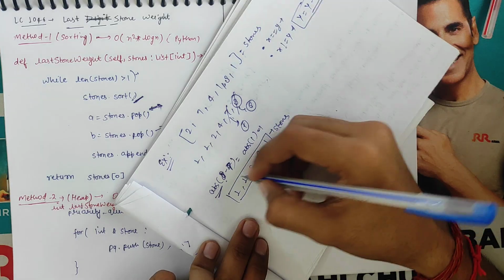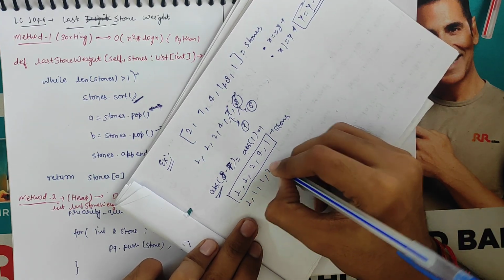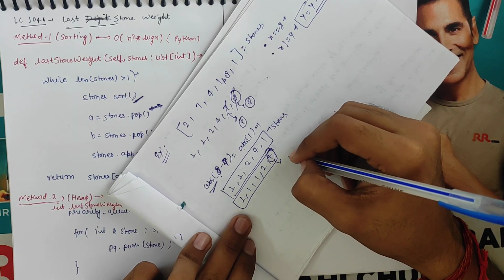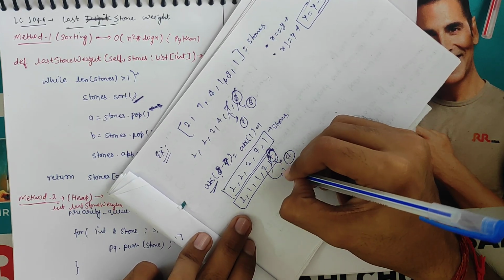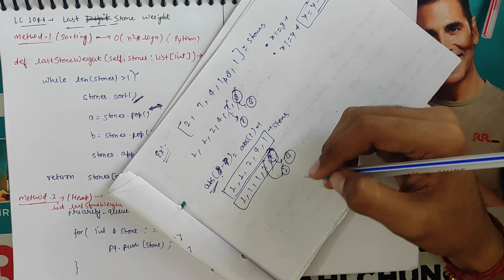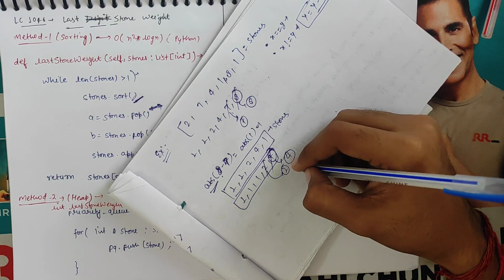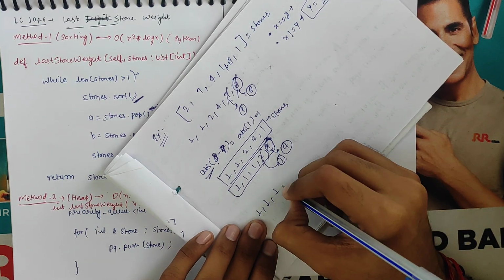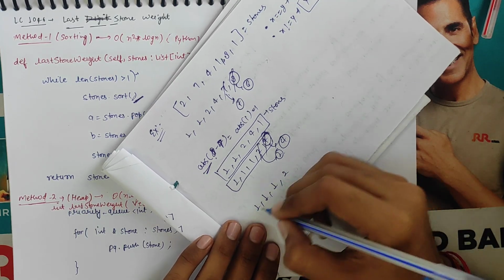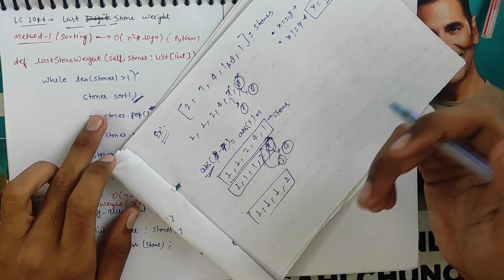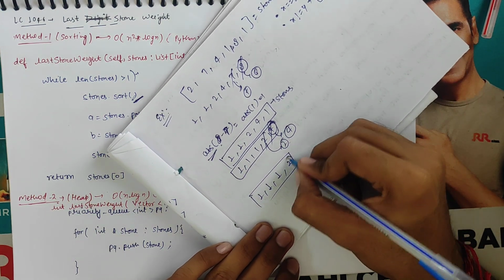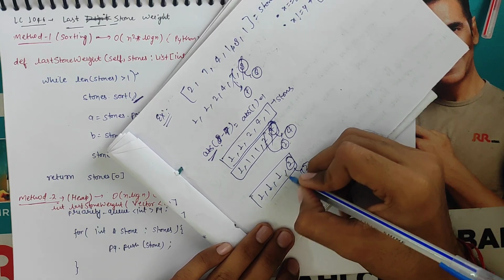So again we sort it. 1 1 1 2 4, the array will look like this. Again we pick the highest stone from the last, which is 4, and we pop that out. Again we pick the second highest stone from the last, which is 2, and we pop that element out too. Now we append the absolute value of these two, 4 minus 2 is 2, so the array is 1 1 1 2. Again it is sorted. Basically every time we run the while loop we will sort one more time.